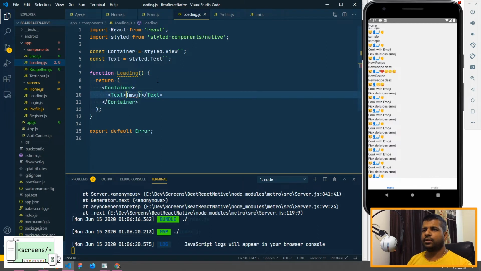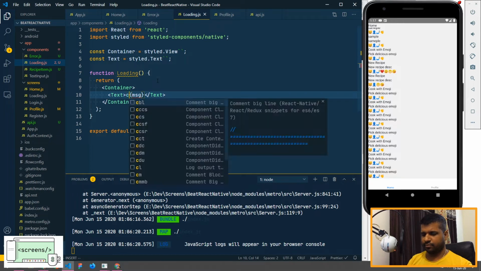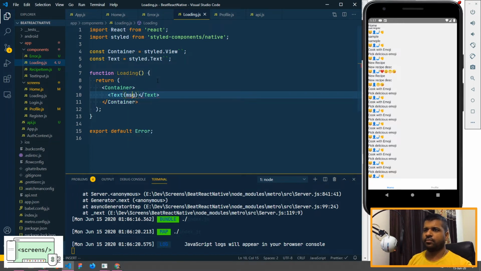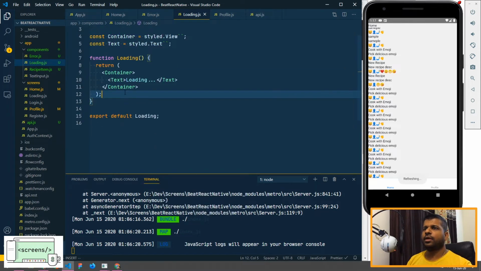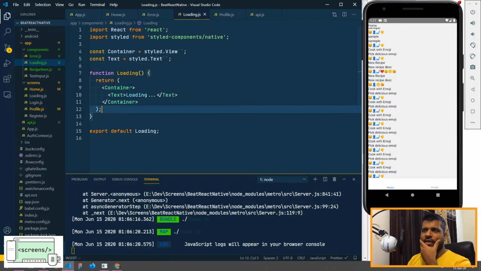So instead of this, we'll just display our text loading. Okay, and then we'll export loading. Okay, so now we have our loading component as well.